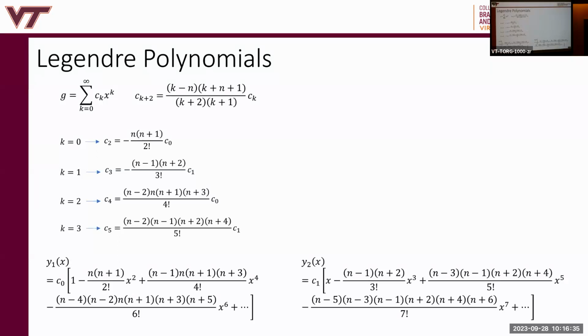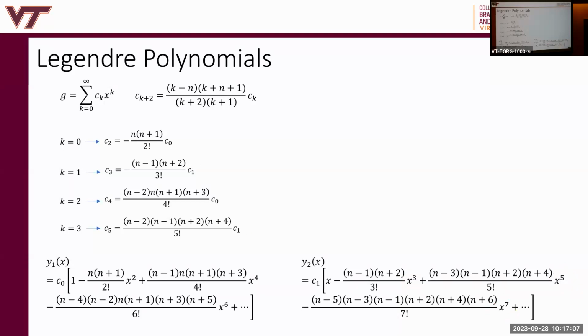If we take the even series, we're going to call that solution y1. The even series has x squared, x to the 4th, x to the 6th. It's only the even terms, all right? So we take the even terms from here, k equal to even numbers, and it's these ones. We get y1. The second solution is the odd series, which is c1, c3, and we have x cubed, x to the 5th, x to the 7th, all right?